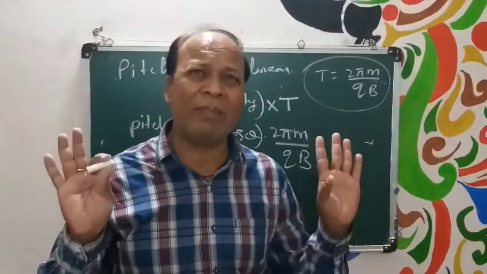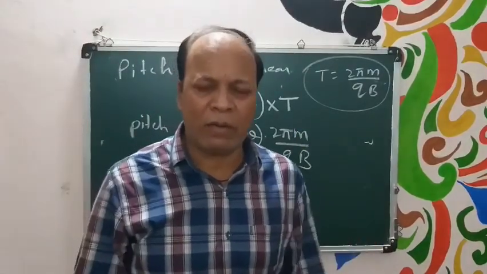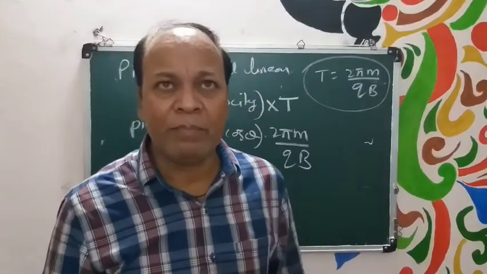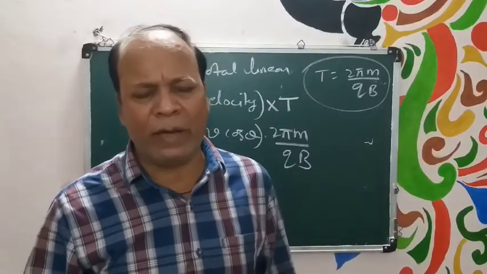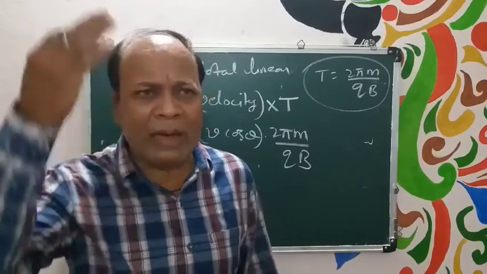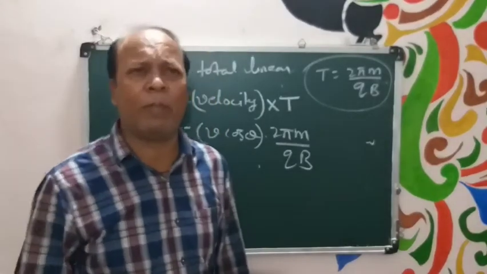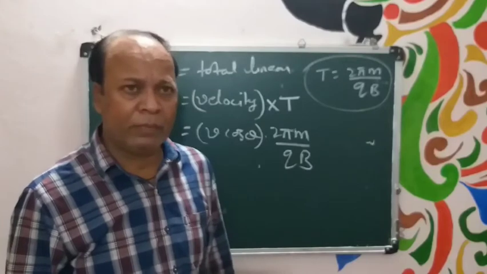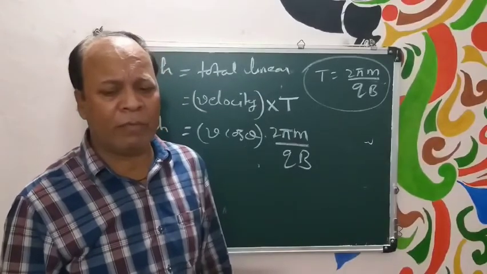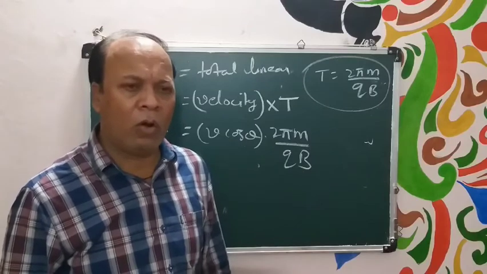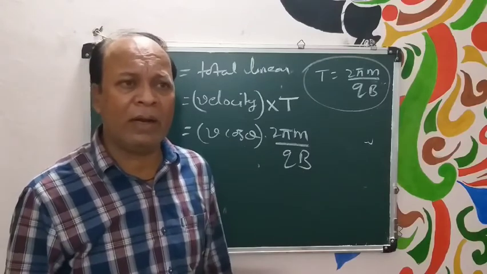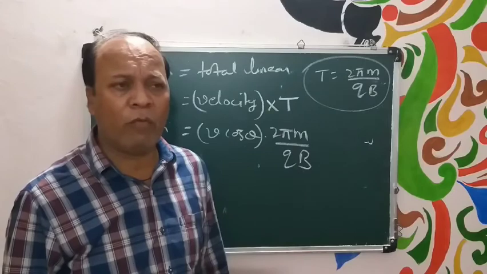Other parameters will remain as they are. Frequency will be the same. Instead of V, you should replace V by V sin theta. So wherever you get V, in all those places you will replace it with V sin theta, and all parameters will be the same. Clear? So this is the article related to the force acting on a charged particle when it enters a uniform